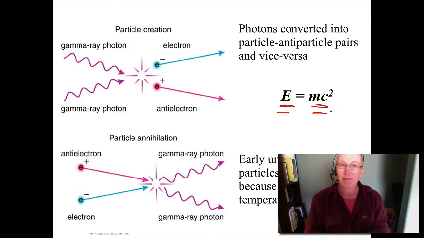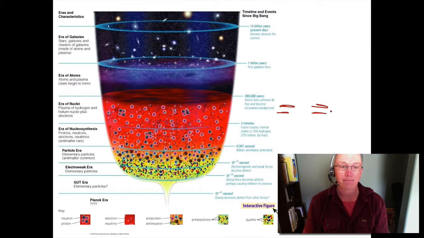However, there happened to be, just statistically, slightly more particles than antiparticles, and so when everything got finished annihilating with each other, we wound up with a universe that had some ordinary matter left over in it.